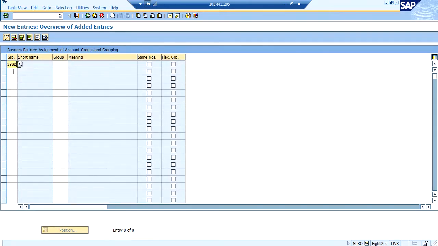So this is the business partner grouping, and this is the vendor account group.